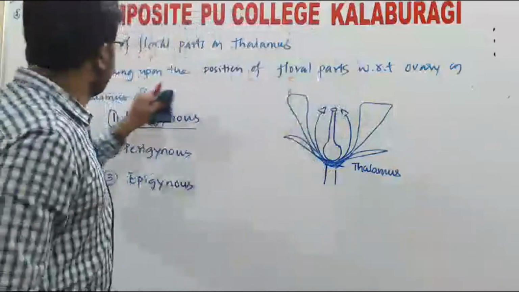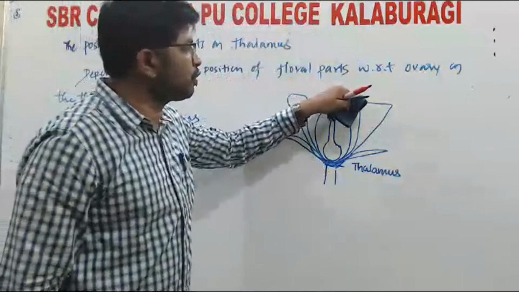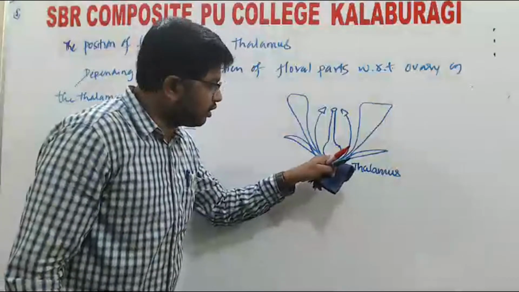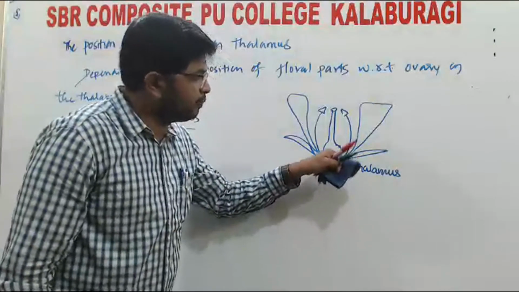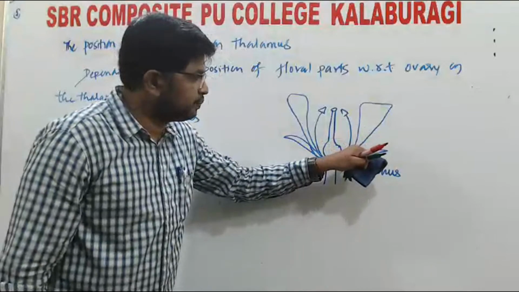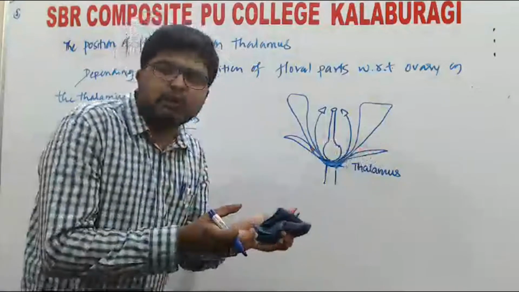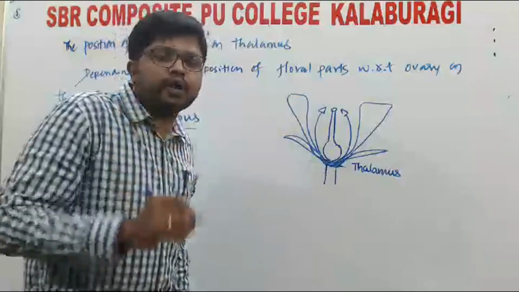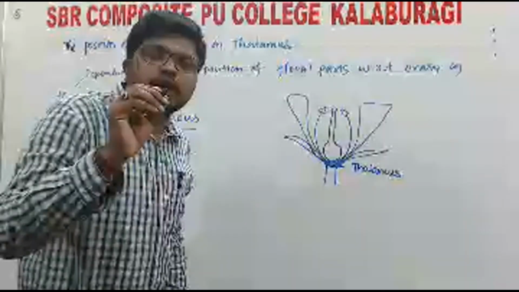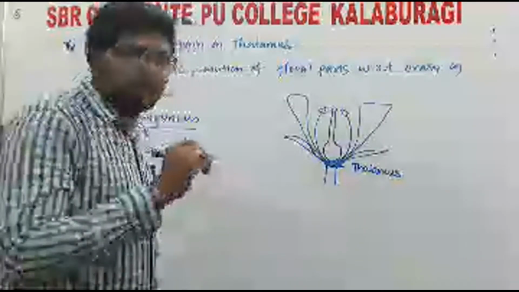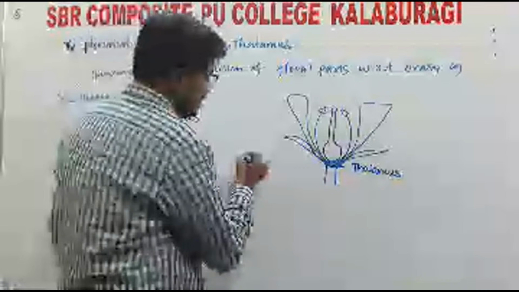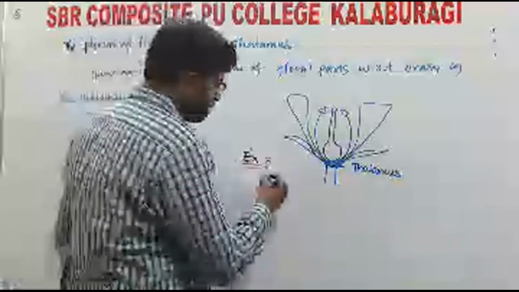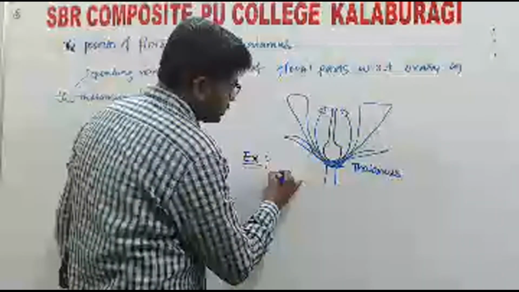Now, here what they have given is the position of the floral parts with respect to the ovary on the thalamus. If you see that every part, the stamen, the petal or sepal, originates from below the ovary, we call it hypogynous. Hypogynous condition. What are the examples? Examples for this hypogynous: mustard,